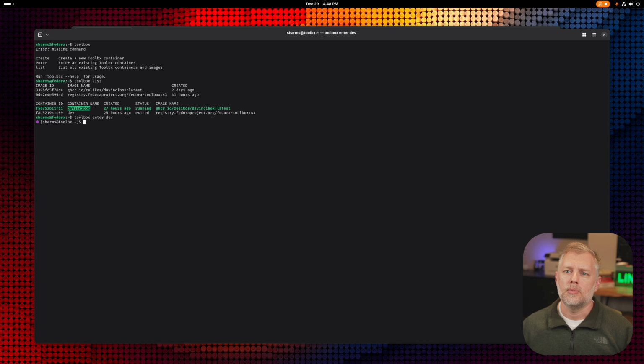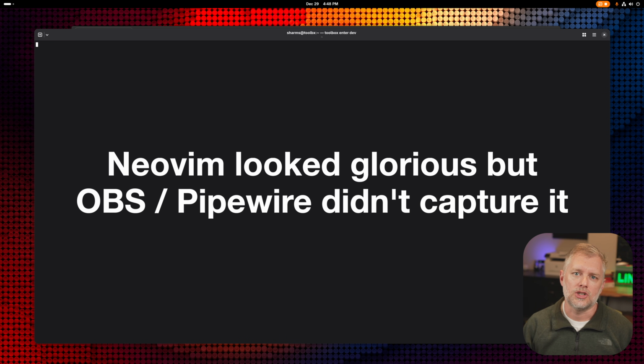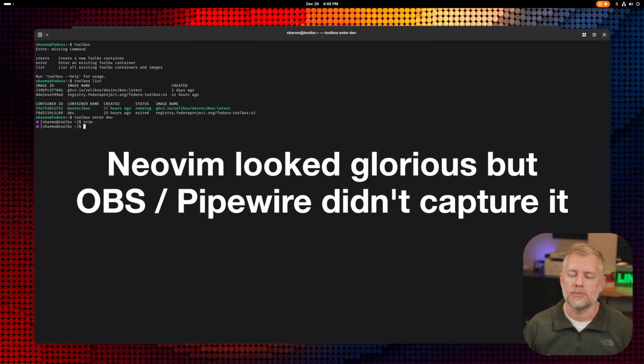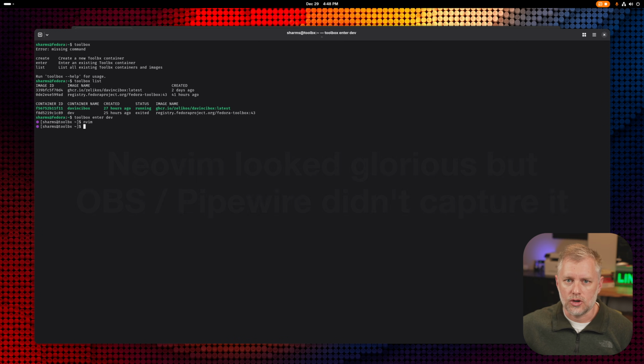Because my OS is Fedora Silverblue, I have this whole rollback, roll forward thing for the host OS. But if I want to customize things, I use this toolbox command, which makes a bunch of containers that I can use. In this case, I actually have Neovim installed here, which means it's not on my host OS, but I can install the Python version I want, or a specific version of Ruby or things like that, and it doesn't clutter the host OS.